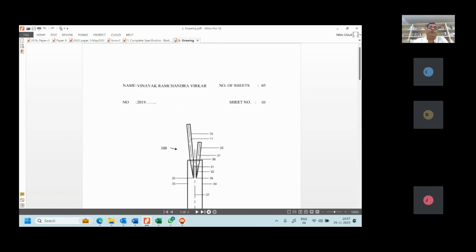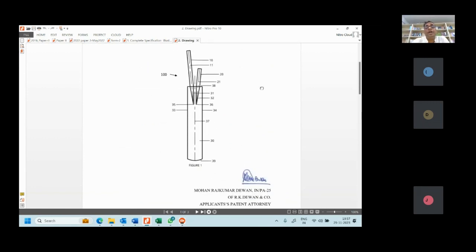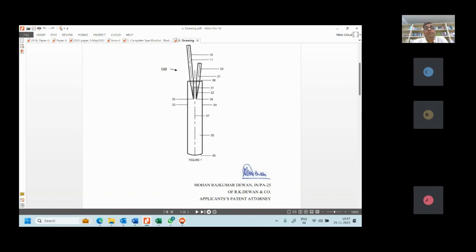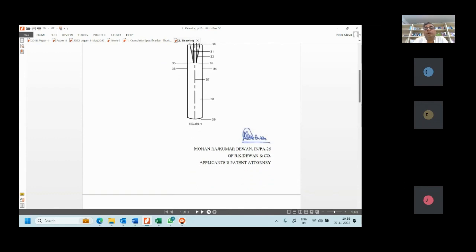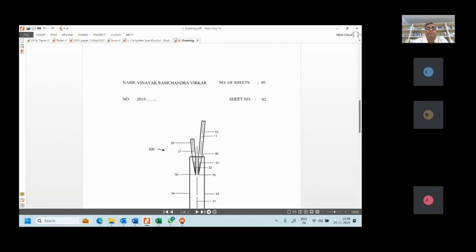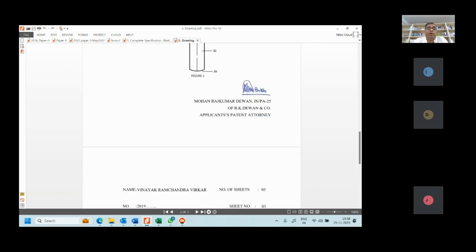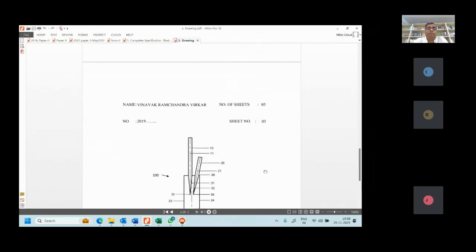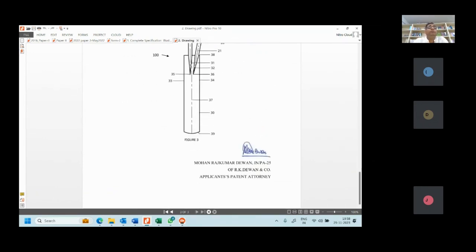Then comes the entire figure should be there like this, and no word is being used except the figure 1. The entire labeling is in the name of numbers. Then please see Mohan Rajkumar Diwan. This is the name of attorney, and then applicant's patent attorney, signature, name and signature, applicant on what corner? Right hand corner. So this is how drawings are submitted. Now,